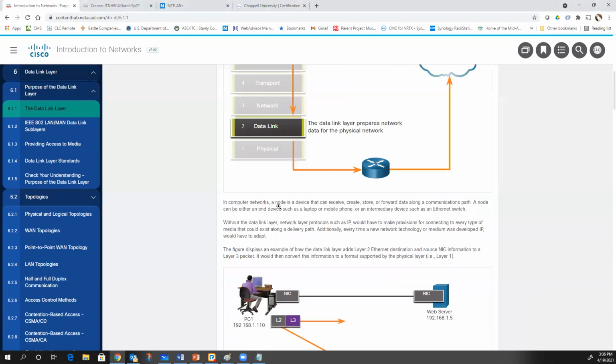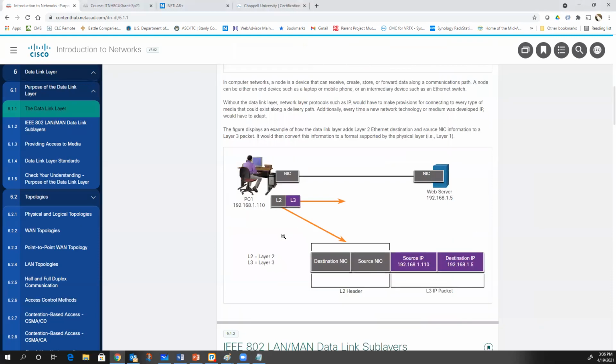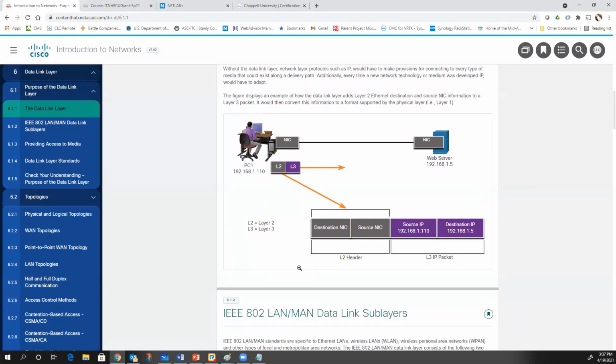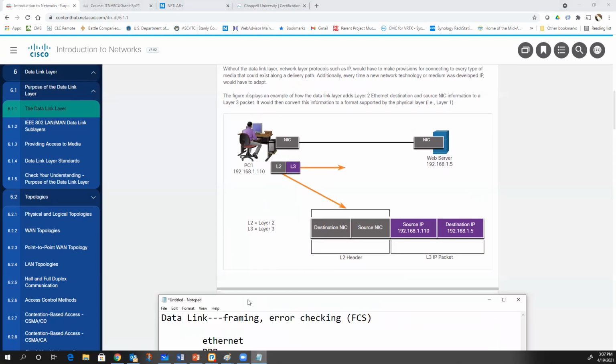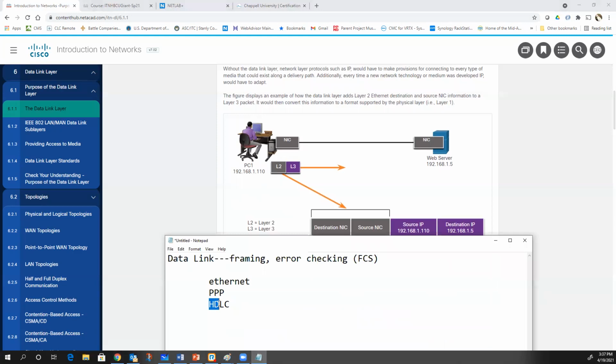So as we look here, we will see that at layer 2, or at the data link layer, every device has a layer 2 address. Okay. Now that address is going to be completely dependent upon your layer 2 protocol, because HDLC, which is designed to do point-to-point, and also PPP, because they're point-to-point, you don't really need data link